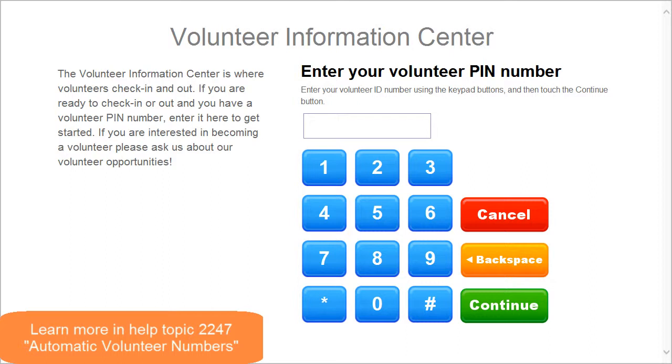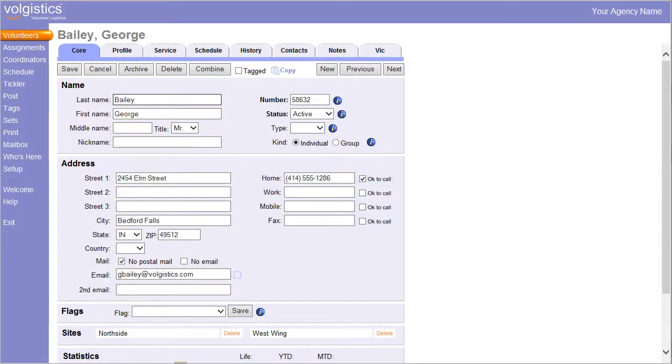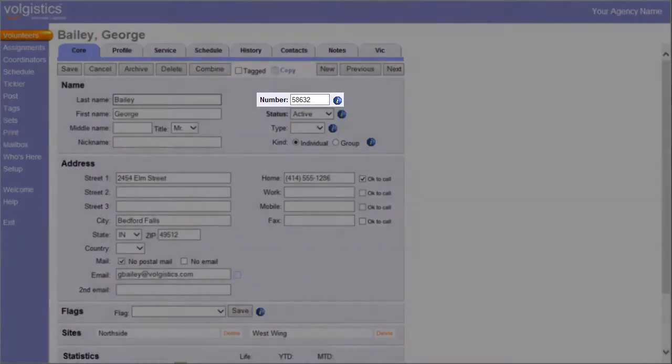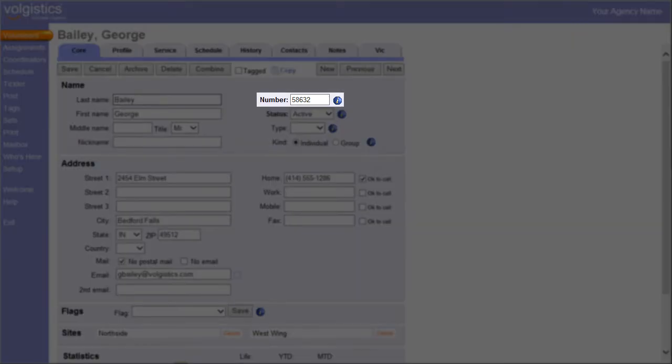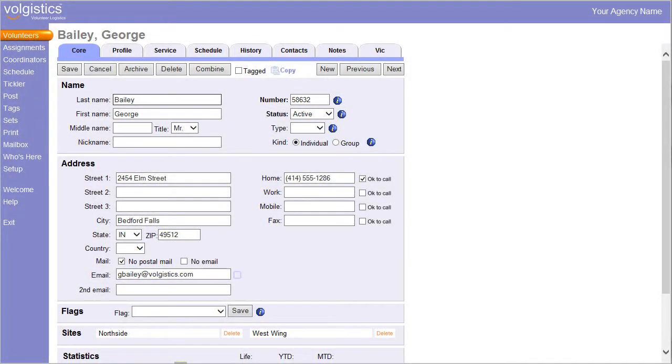You can also customize the way Volgistics assigns numbers automatically. This is discussed in a separate help topic. If you want to enter your own volunteer numbers, simply enter the number of your choice in the number field when you add new volunteer records. You can change the number on any volunteer record simply by entering a new number in the number field and